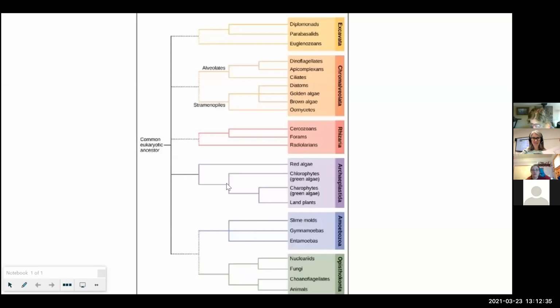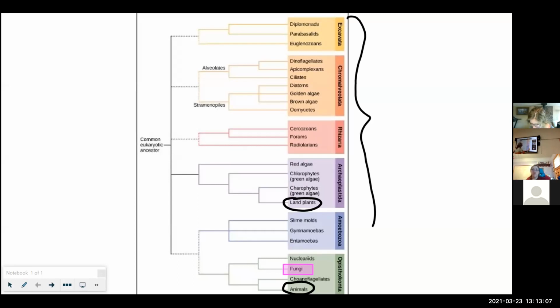The tree of life. We're probing one branch of the opisthokont supergroup, which also includes the kingdom Animalia. So we're down here where it's highlighted in pink. In the weeks to come, in the next 2 weeks, we'll cover land plants. For the remainder of the semester, we'll focus on animals and basically everything else,